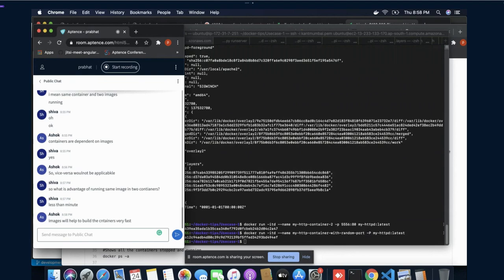But if you want to replicate it as a Docker image, it hardly takes 1 or 2 seconds, that's it. So this is one advantage: within a second or two you will be able to replicate those steps. Of course, Docker images totally depend upon what kind of operating systems are available.